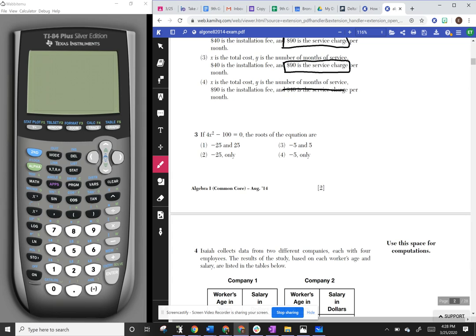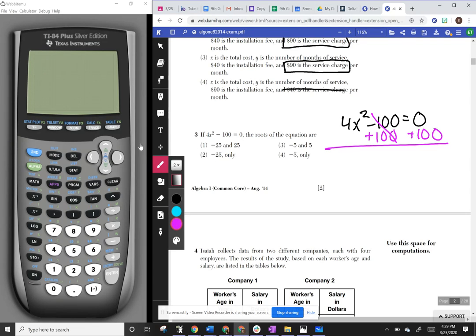Okay, number 3. If 4x squared minus 100 equals 0, the roots of this equation are. Okay, I'm going to show you 2 ways to do this. First, let's do it algebraically. We want to solve for 0 here, so we're going to add 100 on both sides. And we get